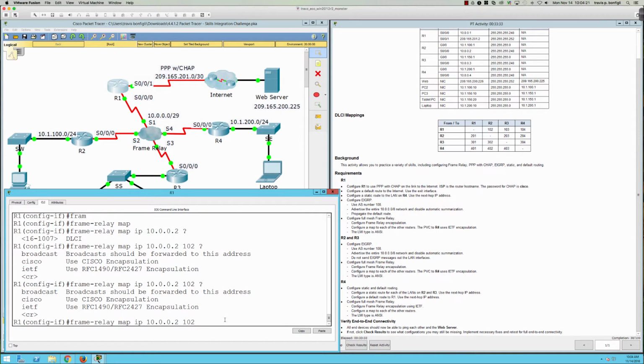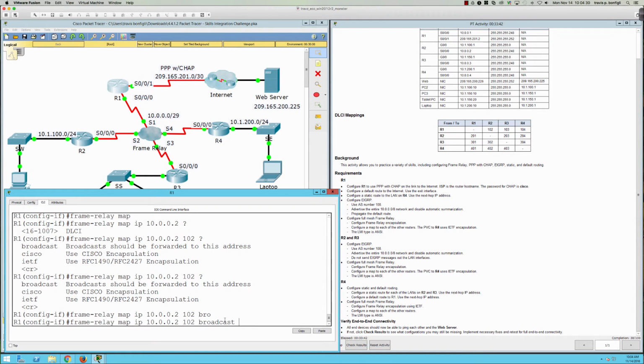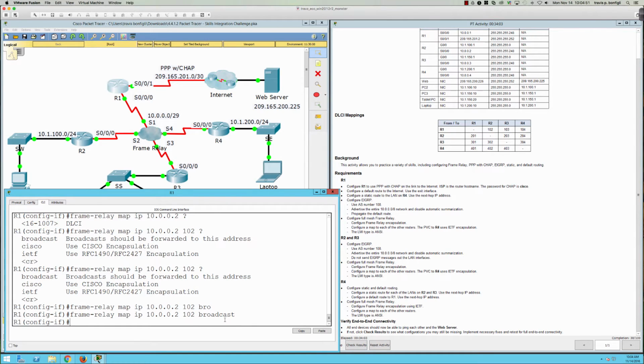What do you think? So you can clearly see we're going to be running EIGRP, right? So what do we need to do? Well, we need to go ahead and put the broadcast keyword in here, and then let's make sure I'm not missing anything here. Full mesh frame relay. So the IETF encapsulation is going to be important on the PVC to router 4, but the PVC here to router 2 and 3, we're going to go ahead and just leave with the default